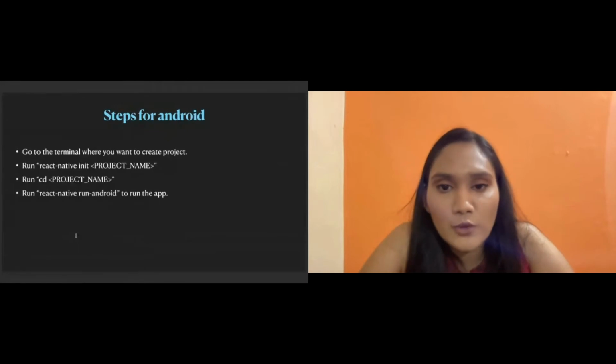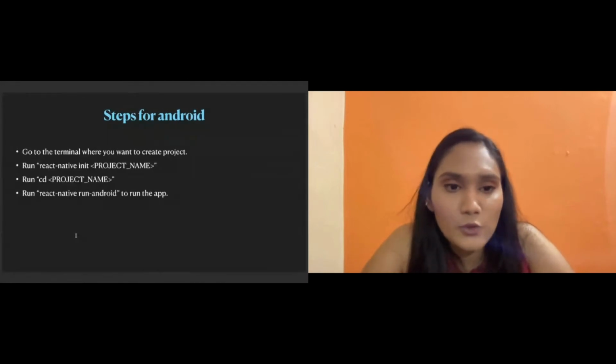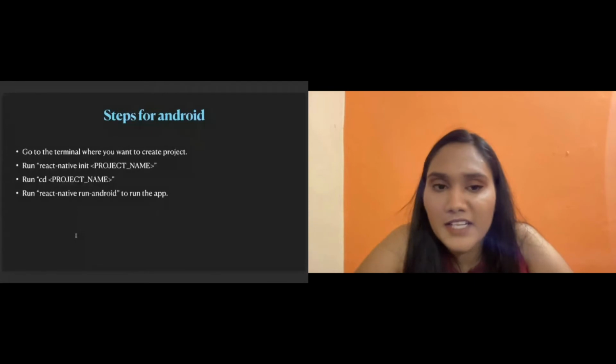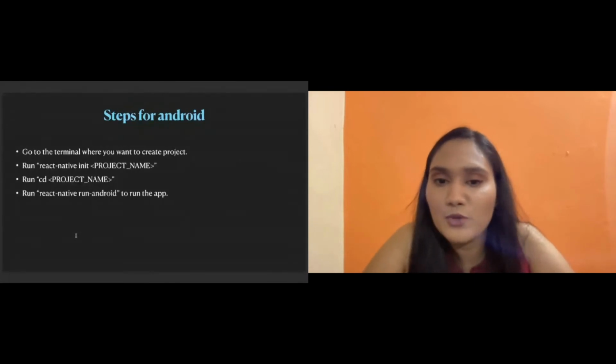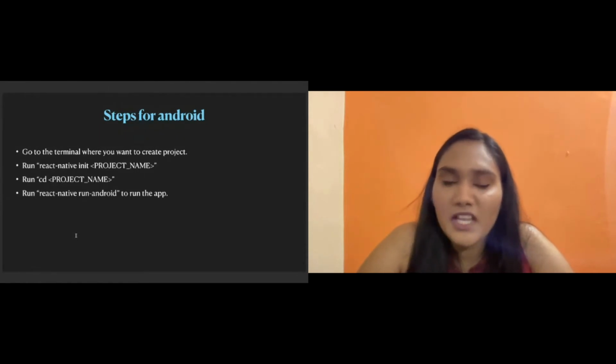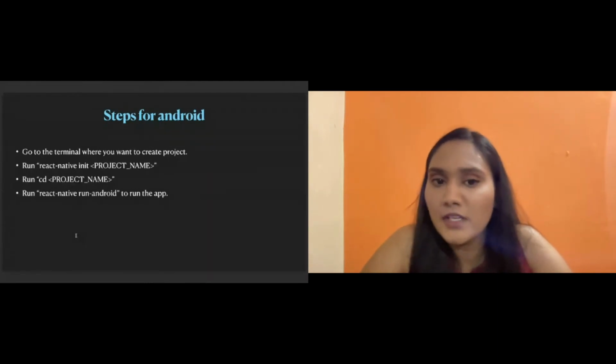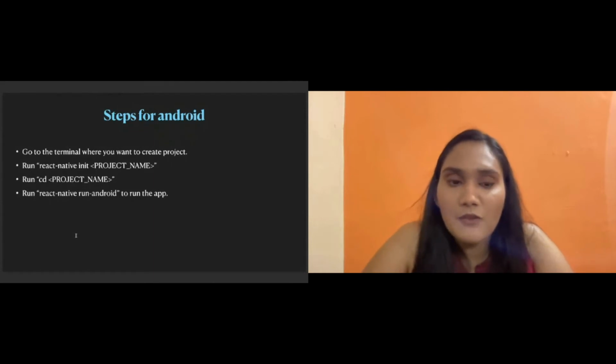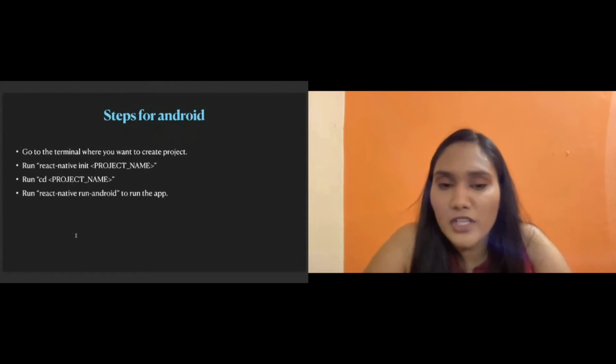After moving to the location where we want to create our project, we'll write a command, React Native init with a project name. So here I have mentioned project name in capitals because this is the name whatever you like to give to your project. There are some constraints over the name, like you cannot add capital letters in it and you cannot add space to it. So there are some constraints in choosing the project name, but this is the command which will create a boilerplate for you, React Native init and the project name.